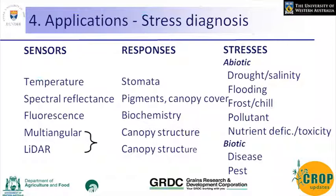So we have a range of sensors which measure temperature, spectral reflectance, photosynthesis, canopy structure. Each of these measures a particular response: stomata, pigments, biochemistry, canopy structure. And these relate to specific stresses. And if we look at this,